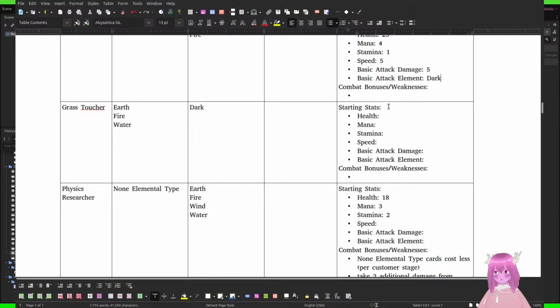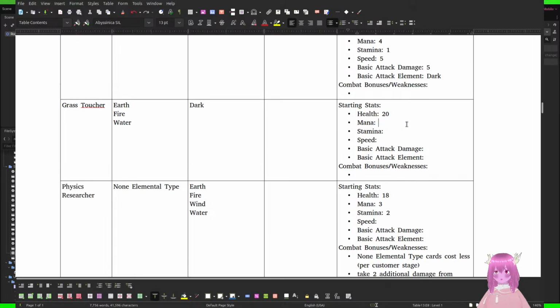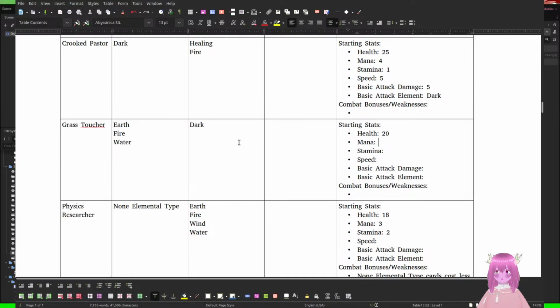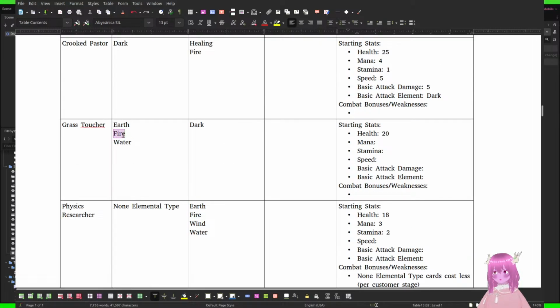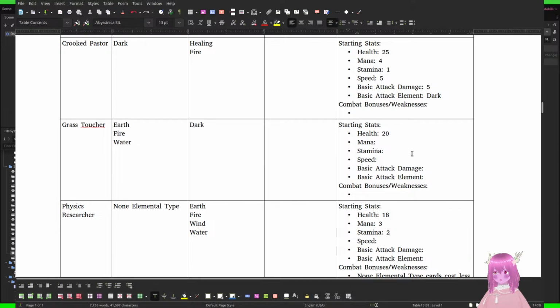So the Grass Toucher is going to start with quite a bit of health. Actually, I lied. They're gonna start with the basic amount of health because they've been touching grass and they're not healthy. They touch anything. Why do you think fire is here? But they have a mana of 1 and a stamina of 4. Oops. No, what have I done?